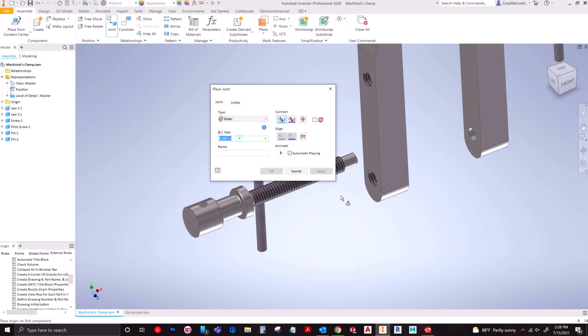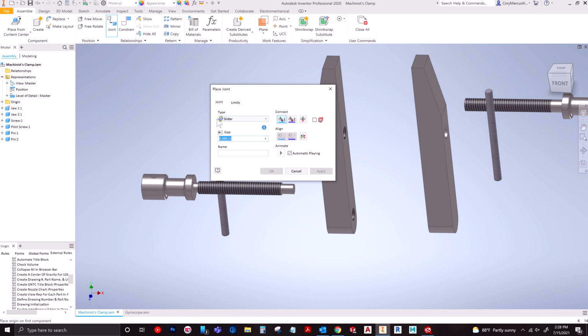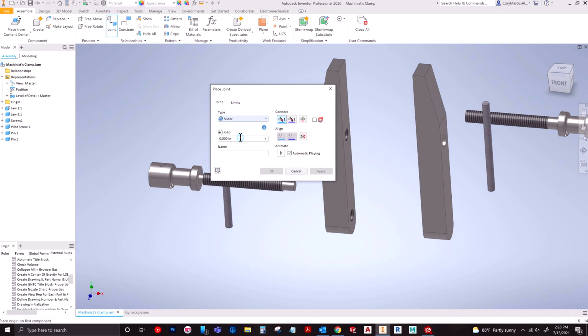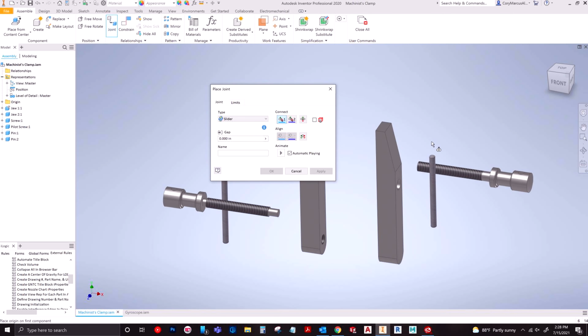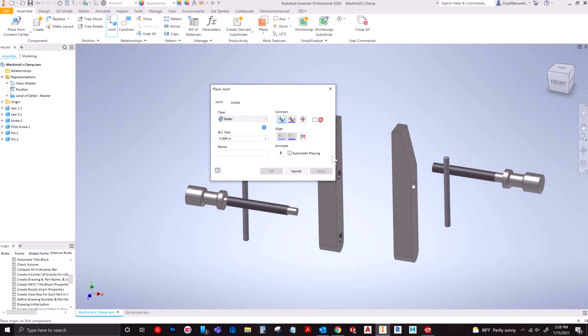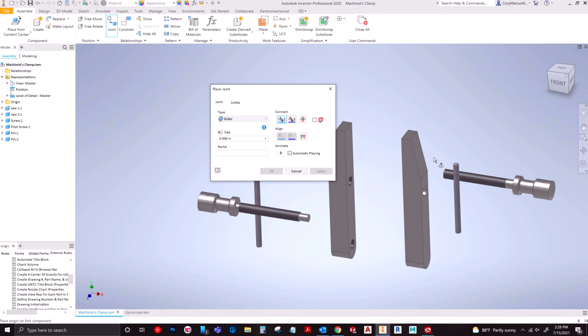Up next is slider. Now I really don't have a good use case for slider here. If you look at the little thumbnail, which these all are pretty indicative of what they do, the slider is meant for, like a keyway, something where you have a square shape sliding upon or through another square shape. So I don't have that. So what I'm going to do is show you the use case I have for it, which is basically to make this jaw function like an actual jaw. Obviously these two should be able to pinch in towards each other and away from each other. And the way I can achieve that